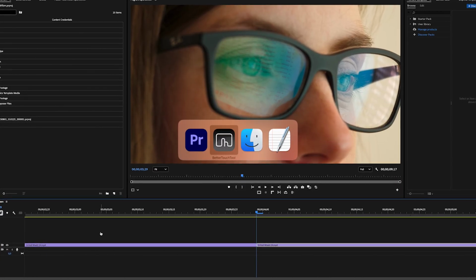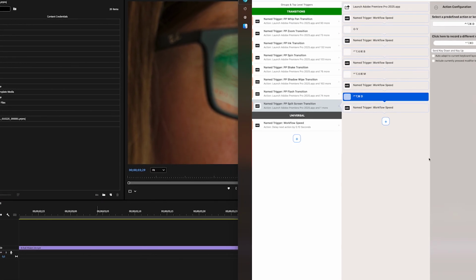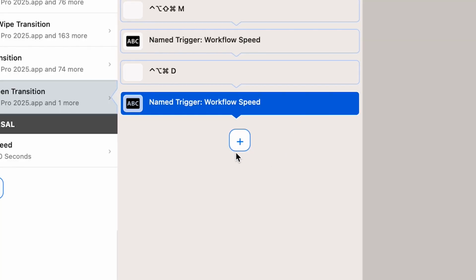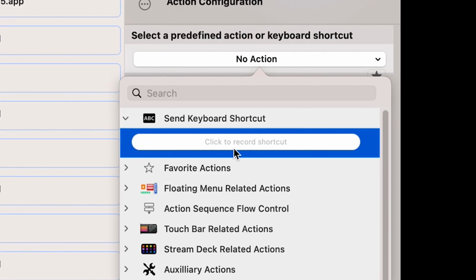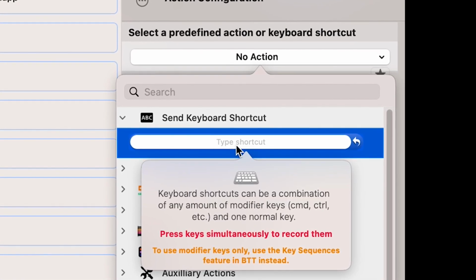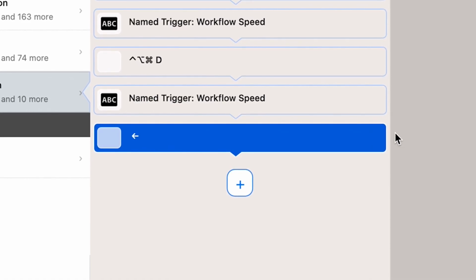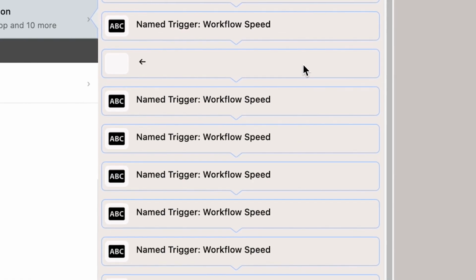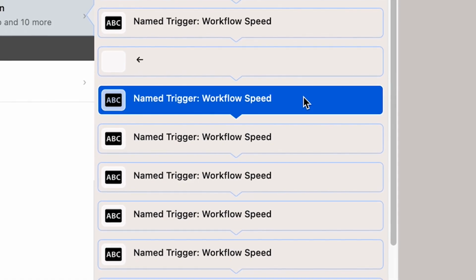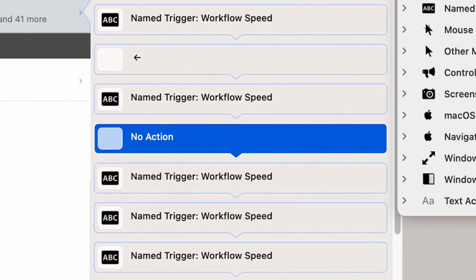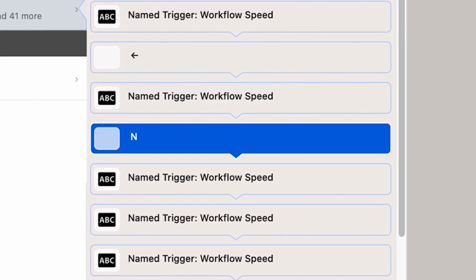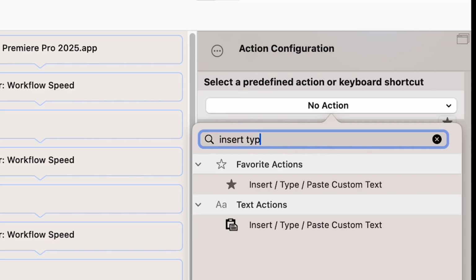We have to nest both clips first of all, so click on the plus icon in the middle column to add another action. Click into this blue text field of the pop-up menu on the right and press the left arrow key on your keyboard to record it as a shortcut action. This will highlight the track on the left in your timeline. In order to nest it, add an N key shortcut action, and to rename the nested clip, add the action